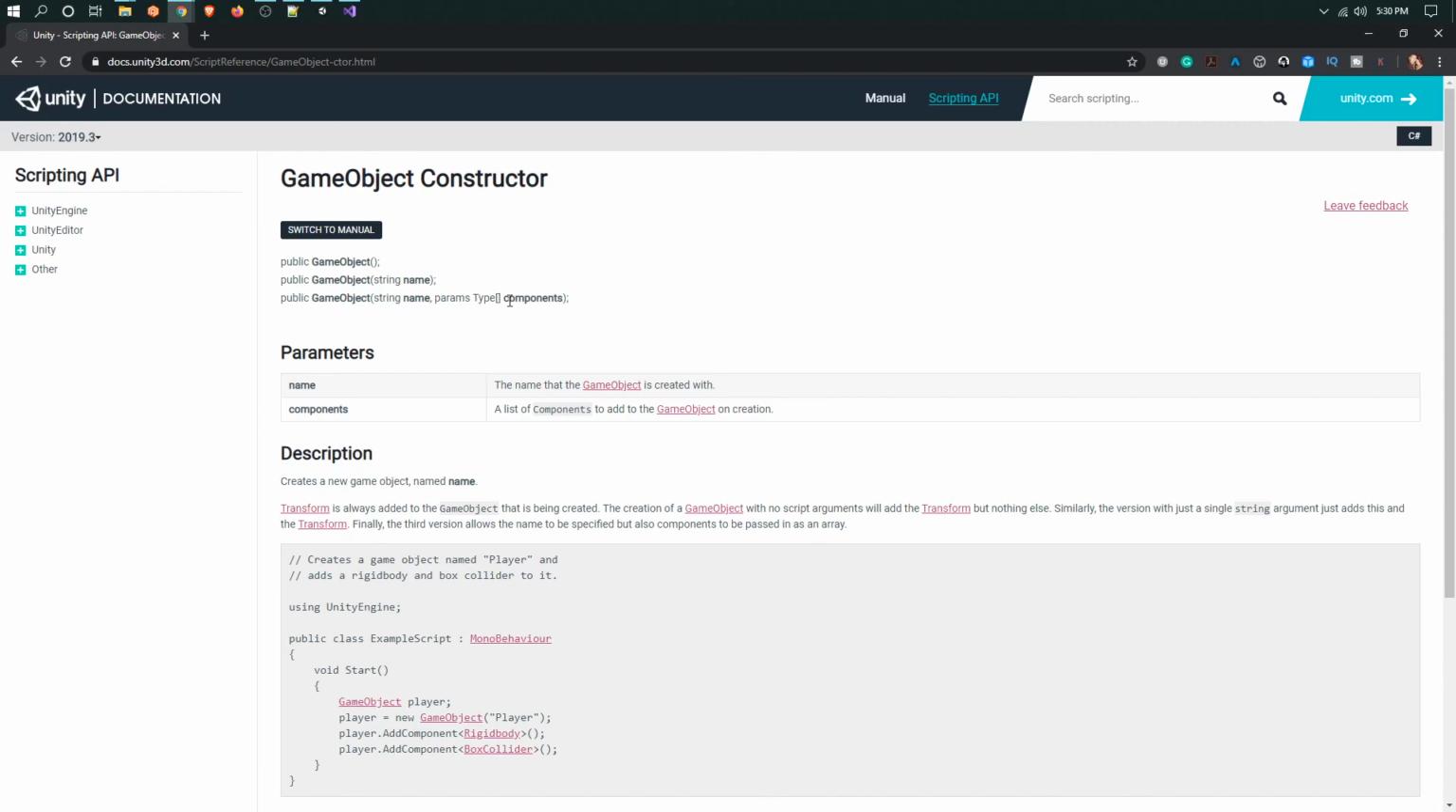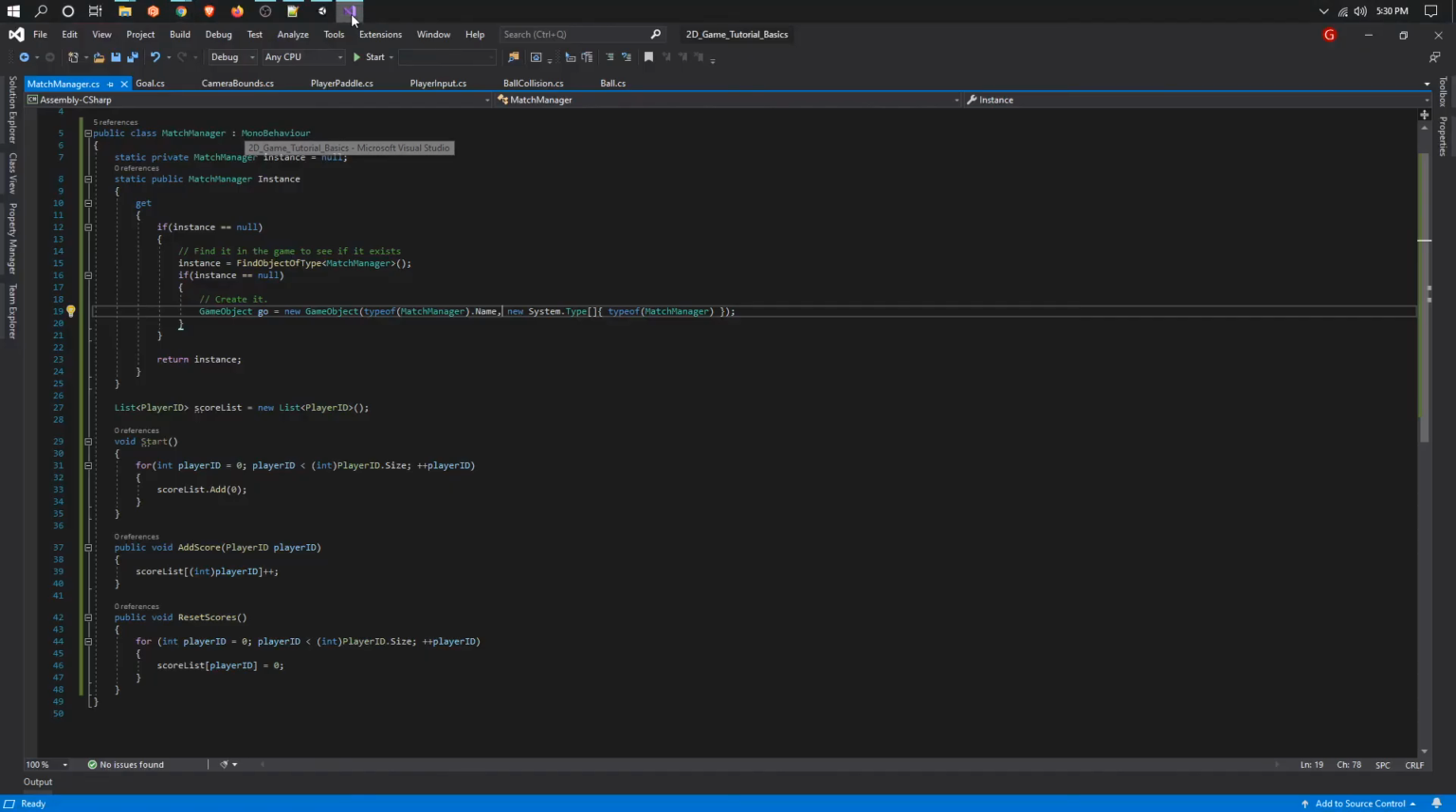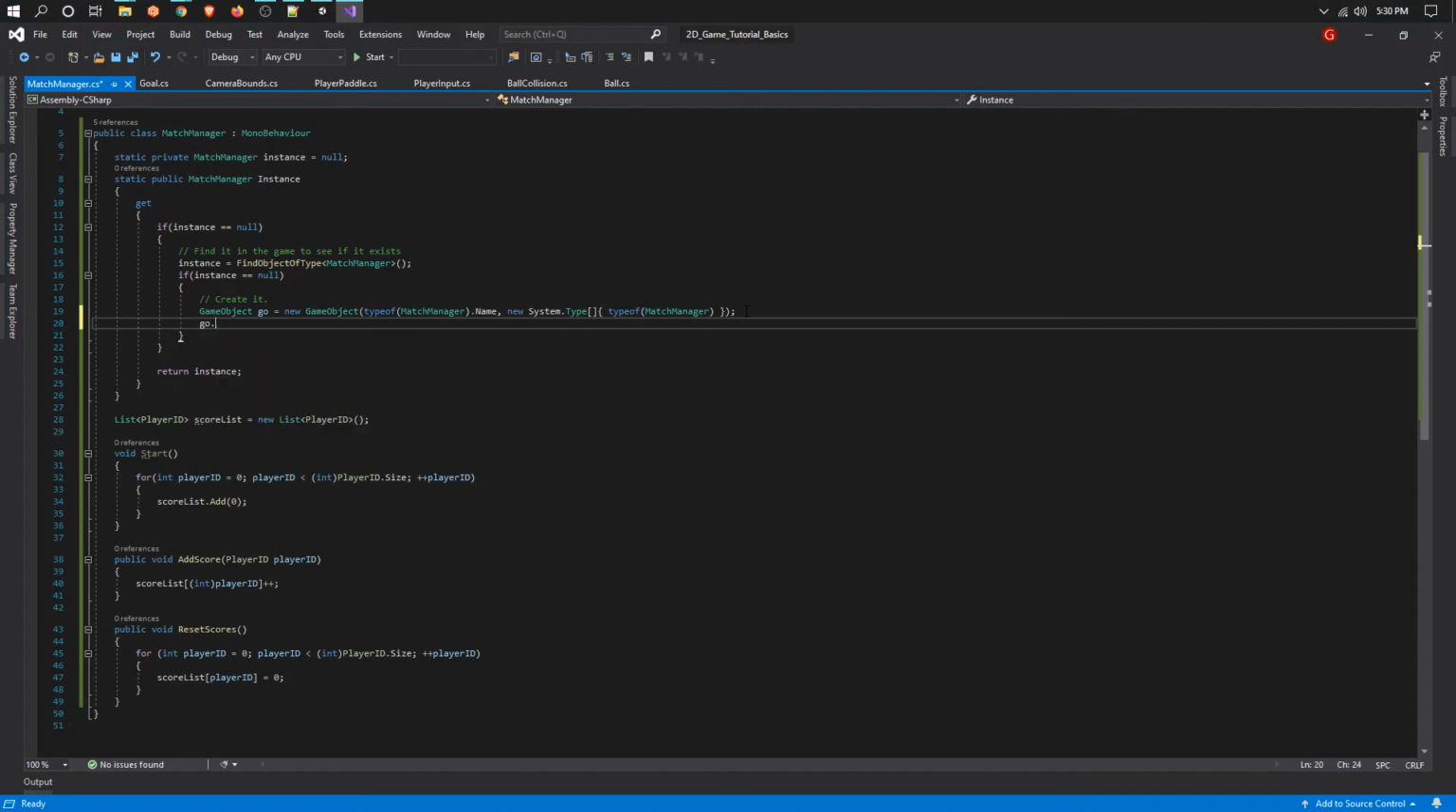So what we just did is we told this game object that we wanted to make sure that it contained, on creation, the object type of match manager. This is pretty much the same thing as saying go.AddComponent match manager afterwards, but it does it in one go. So now we're going to say GetComponent match manager,